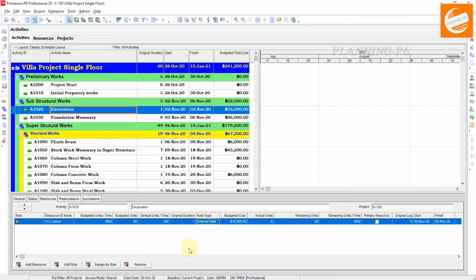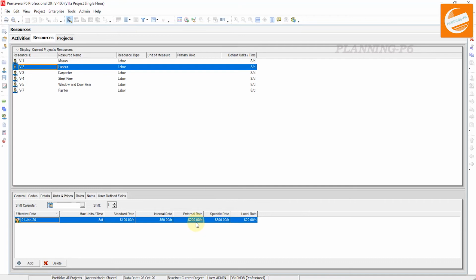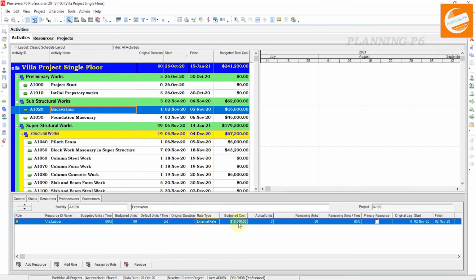And now we can go again to the resources and see the external rate is $200 and the standard rate is $100. It means 8,000 multiplied by 100 is equal to 8,000, and 8,000 multiplied by 200 is equal to $16,000.